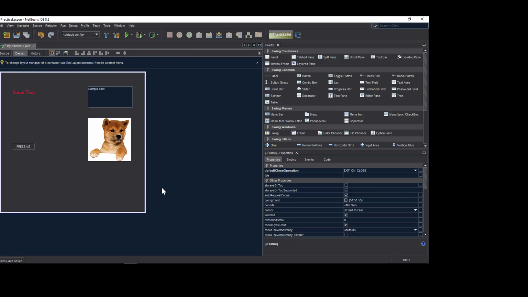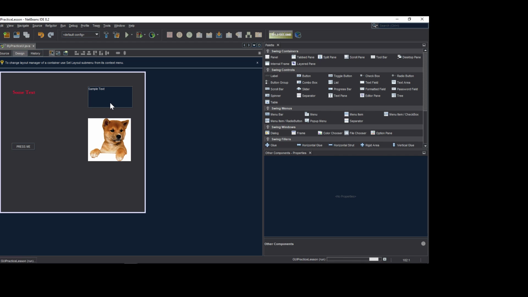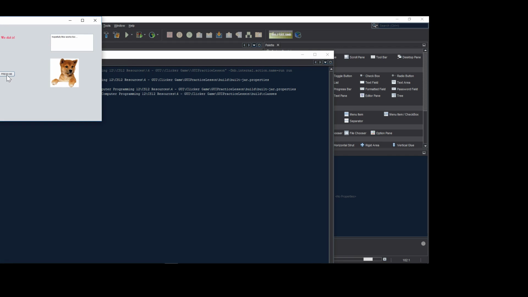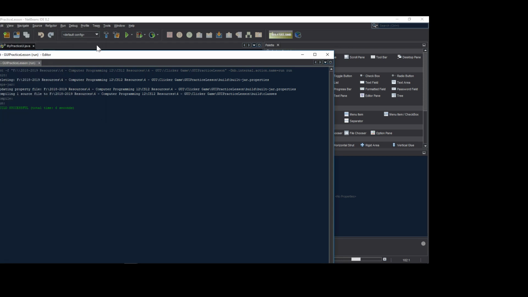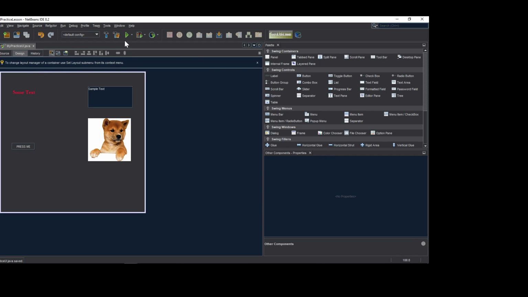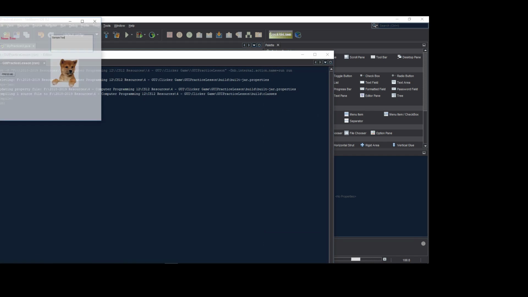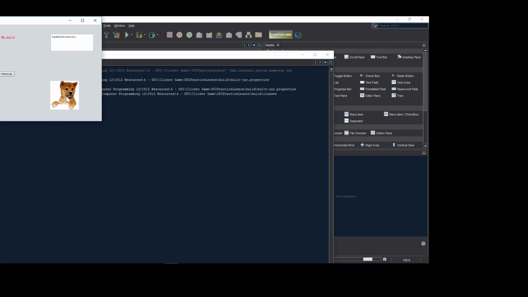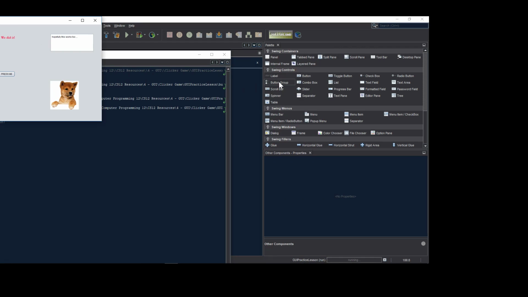So back over here, everything's in its initial state. When I run my program, I hit Press Me. I wonder if that was actually coincidentally the initial size of it. Let's just change those numbers a little bit. Make it a little bit stretchy. It's having some trouble setting the size of this label here, so I'll have to explore that a little bit more later. I usually do change the size of different elements. The label I was just exploring right now, there's something funny with it, but the idea remains the same, is that we've set some